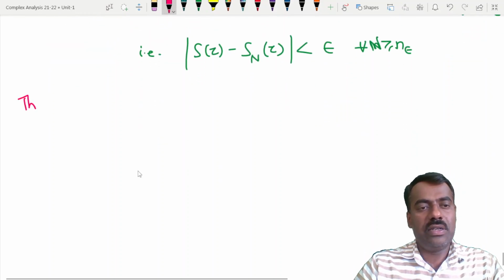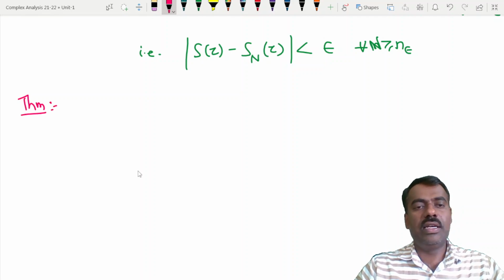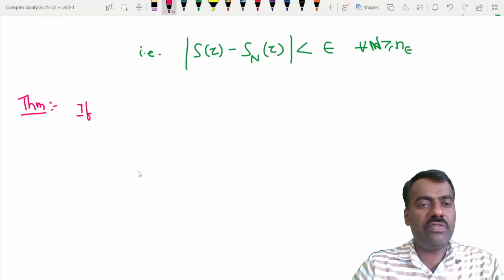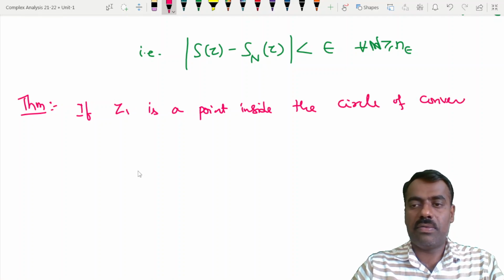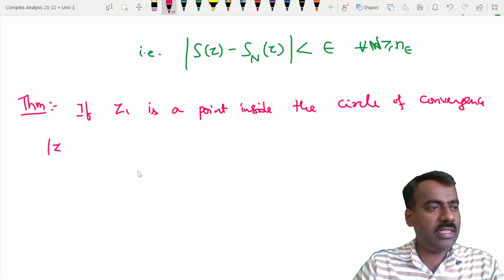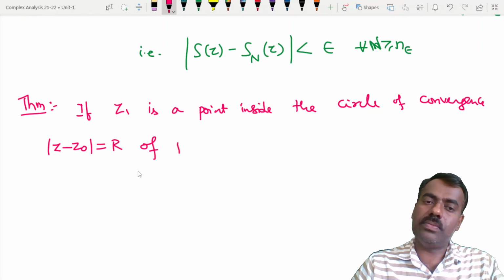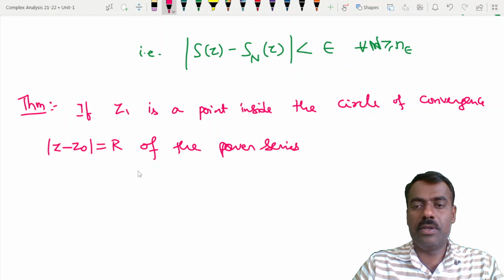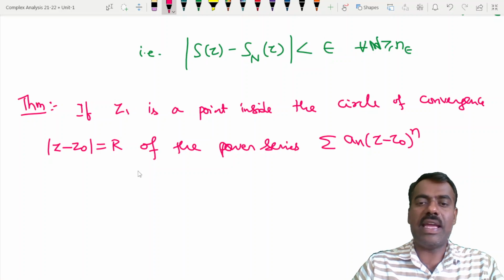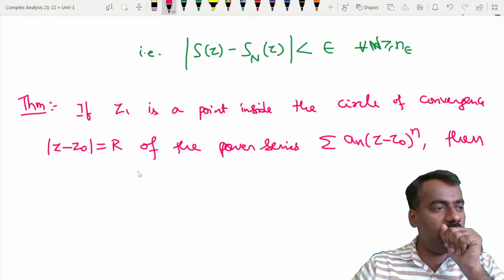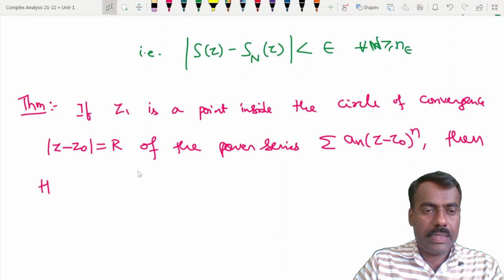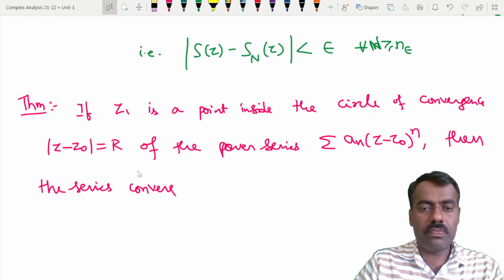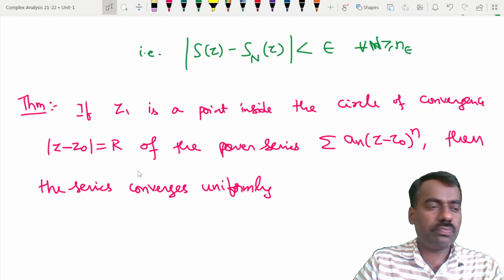Now let's prove this result, which says that if z1 is a point inside the circle of convergence, mod z minus z naught equal to r, of the power series summation an into z minus z naught whole power n, then this power series converges uniformly